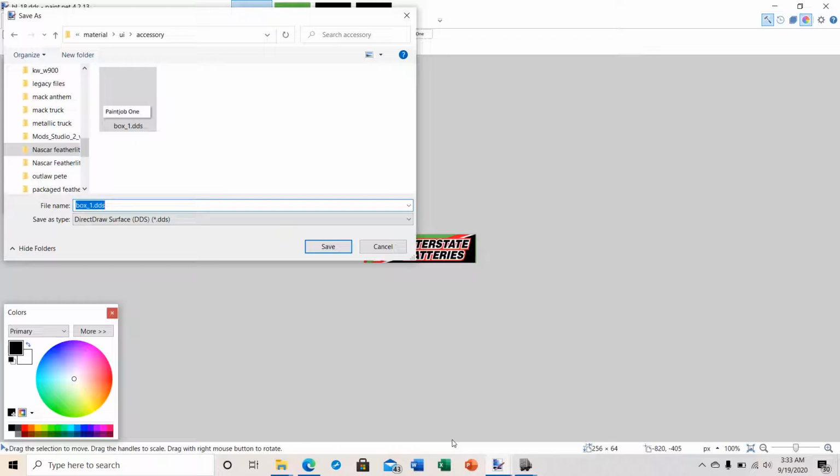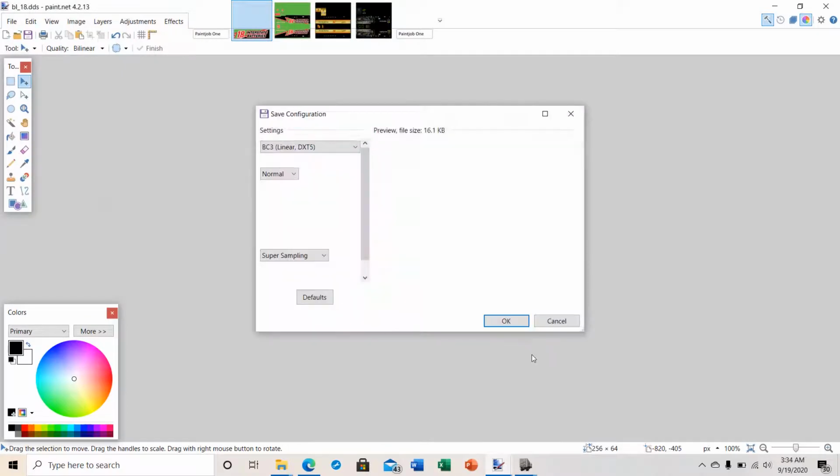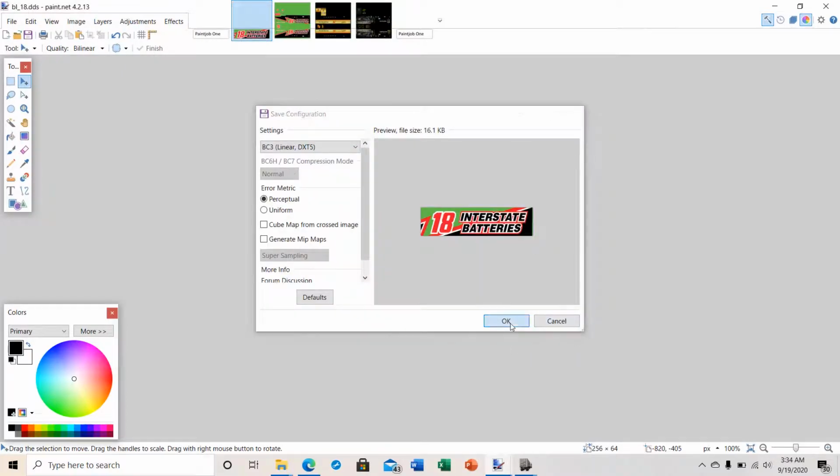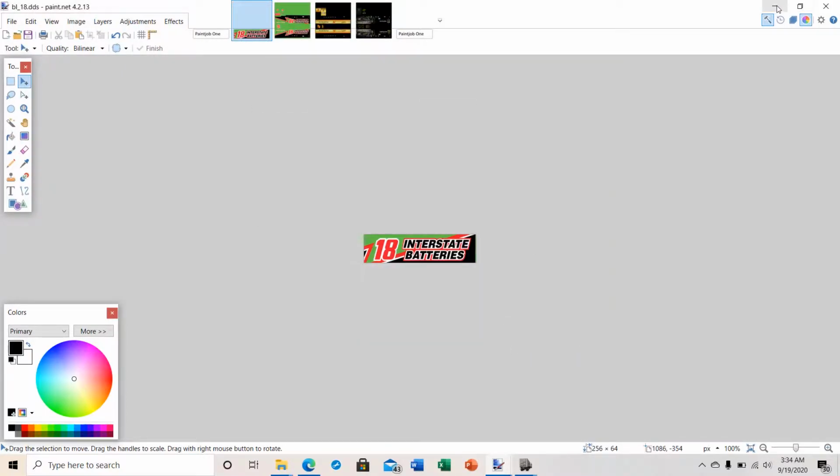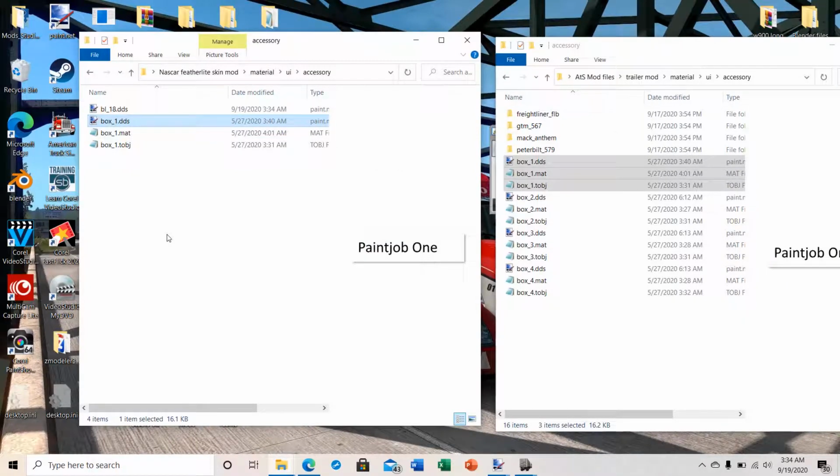So in this case, it's BL underscore 18.DDS. All right, now if we go back to our accessory folder, we can see we have our Bobby Labonte 18.DDS,